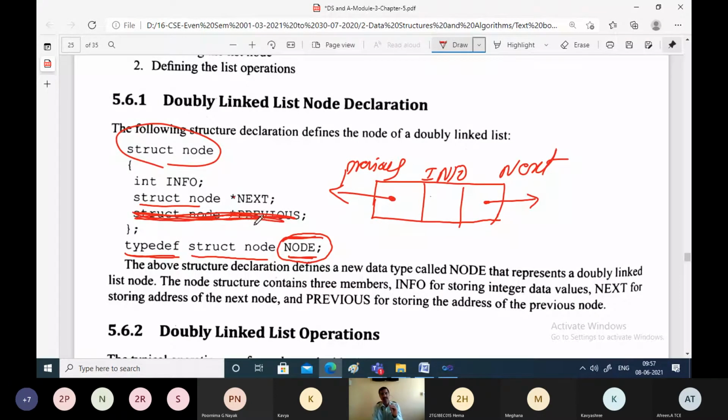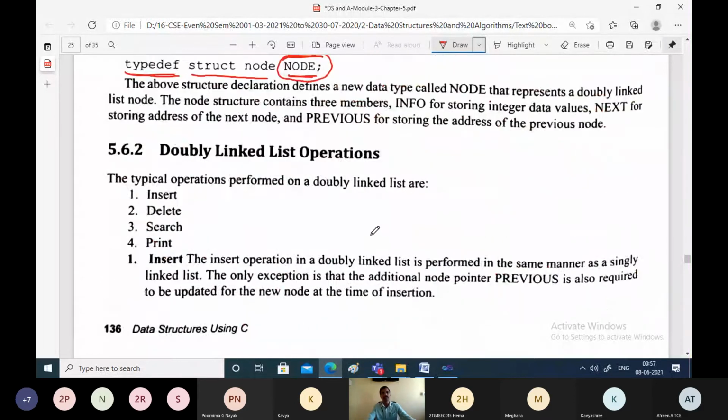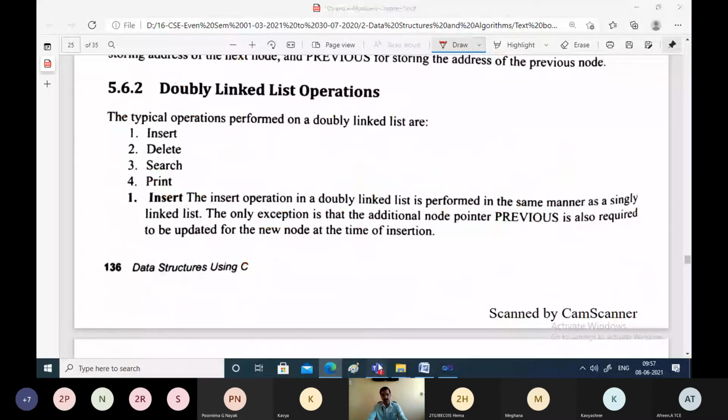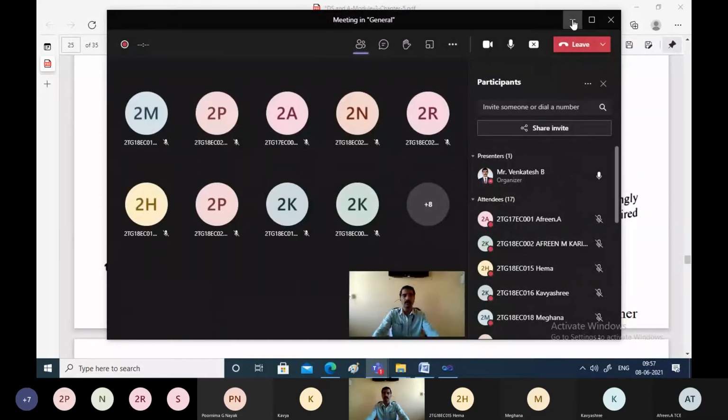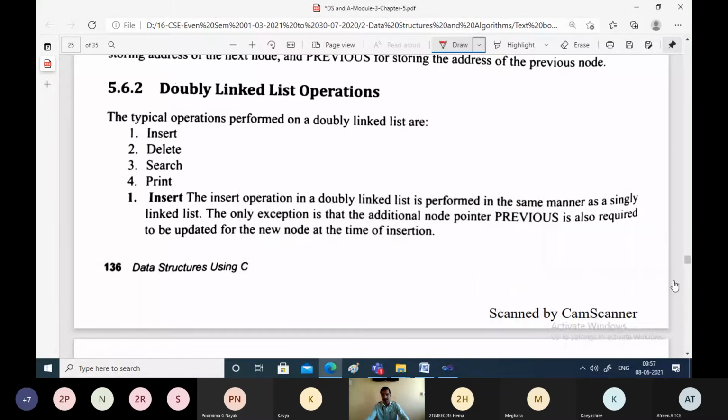Now the only change is that during insertion and deletion, you have to make sure that the previous pointer is also pointing to the previous node. Earlier we were concentrating only on the next pointer pointing to the next node. The only extra thing we do is concentrate on the previous pointer also. That is one extra thing that will appear now for the doubly linked list.